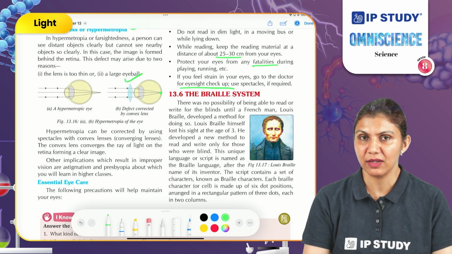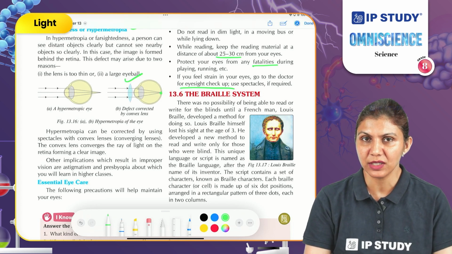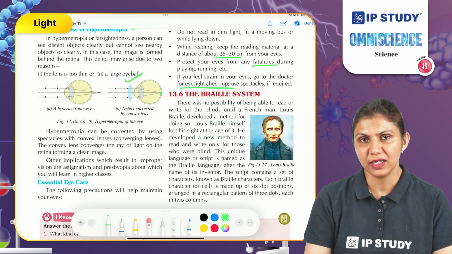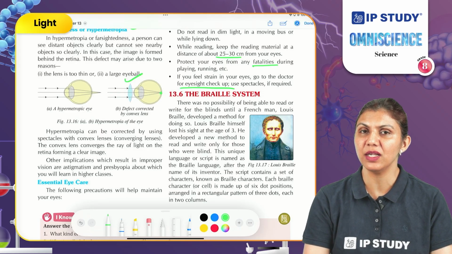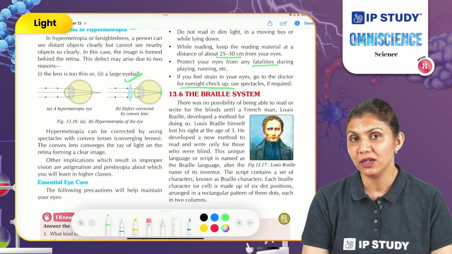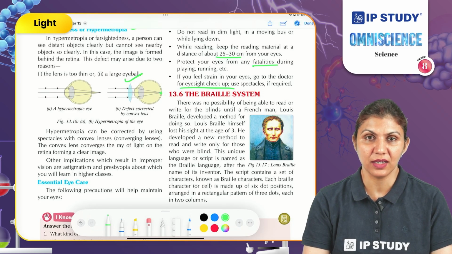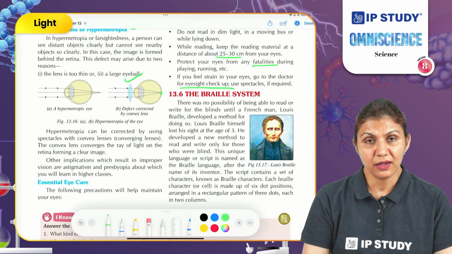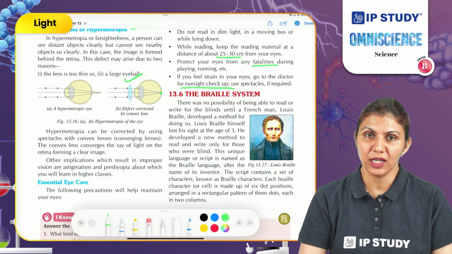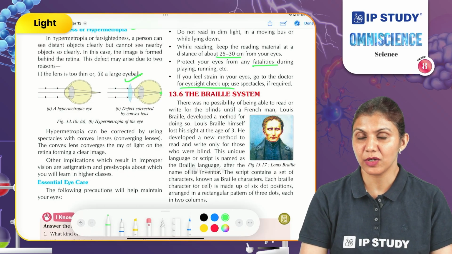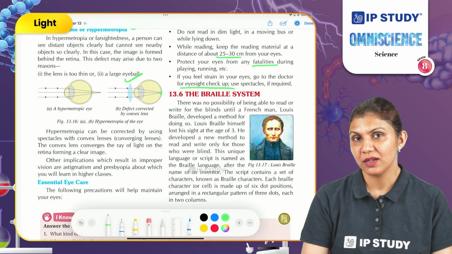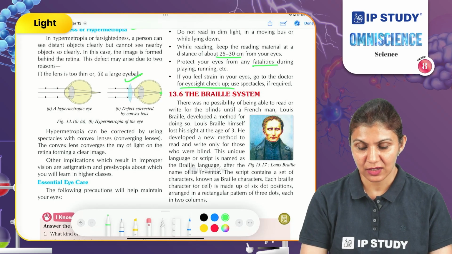For example, they touch and feel different objects, so that by touching they can feel the temperature, they can feel the texture, but they cannot identify the colors, they cannot identify the light. Their observation is only limited to one sense organ because the vision of that person is now impaired.